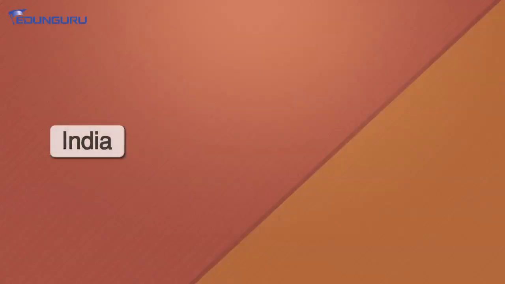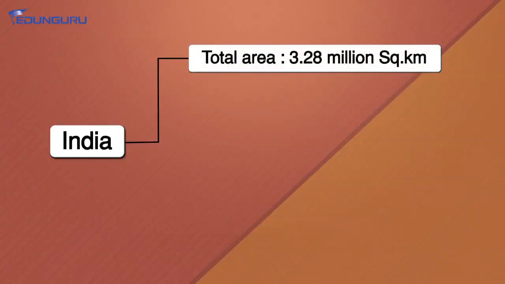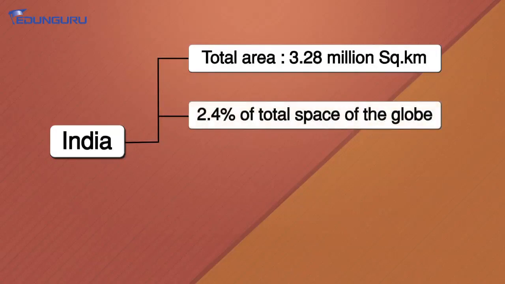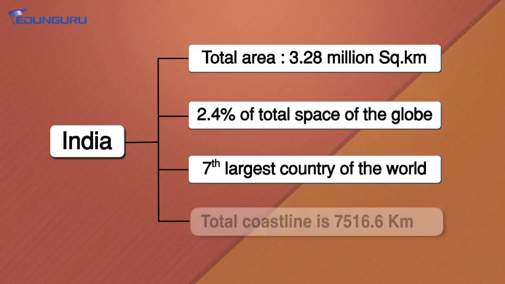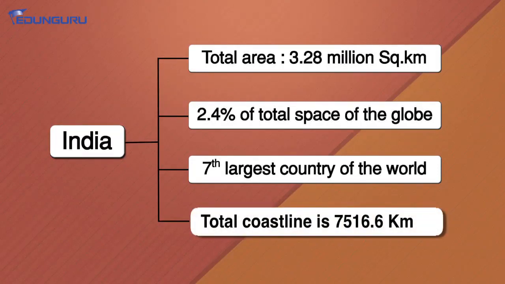Now, children, we will first try to understand the size and location of India. Firstly, we begin with the size of India. As you must be aware, and you should remember this fact very well, India's total area is 3.28 million square kilometers. India occupies 2.4% of the total land of the globe. India is the 7th largest country of the world, and the total coastline is